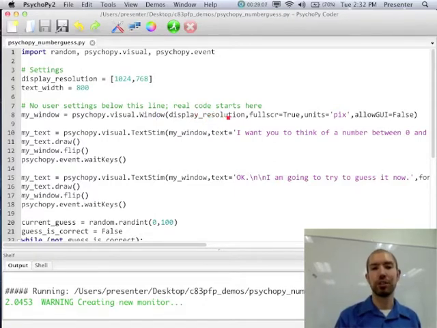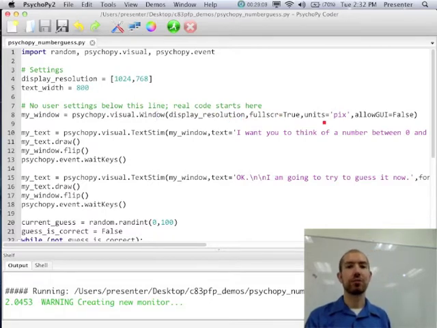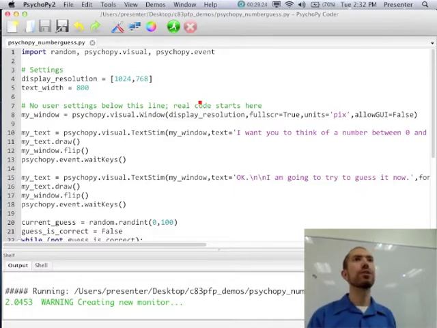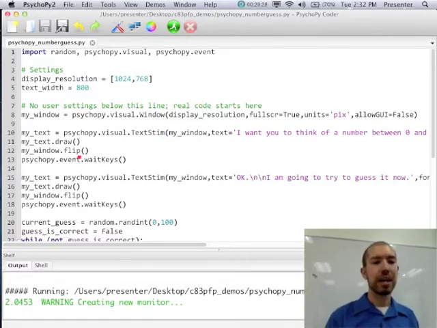Like the resolution of our display, whether or not it's full screen, the units that it's going to use, which are pixels, and various other things. Again, we'll get into the details of what these things are actually doing later on, because we've got lectures on that too. But the main point here is we made a window, and a window is an object that contains a lot of different information, right? And then later on, the window is going to do stuff with itself. So if we go on a little bit, we'll see that happening in just a second.